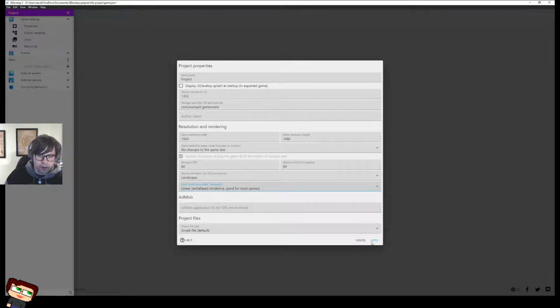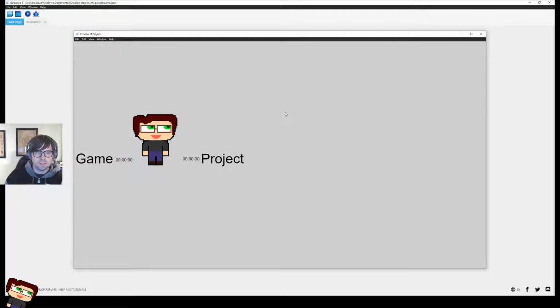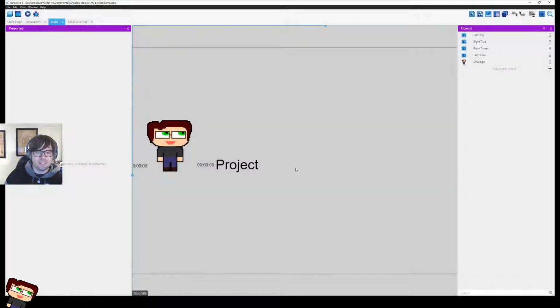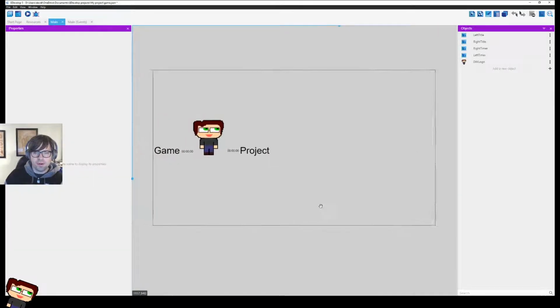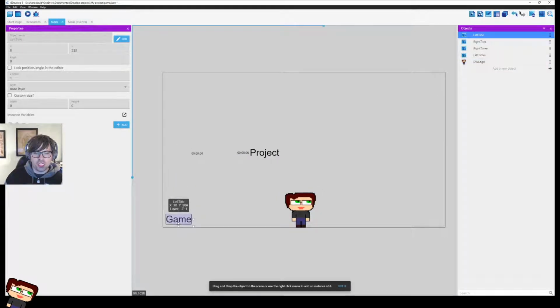Let's just do linear. I'm not sure. That's some rendering stuff, so that's fine. I don't want to do that in an exported game right now. Okay. So now, if I close this and push play, better. Well, kinda. If I go back to the start page or project and open up my main scene, yeah, fantastic. There is a better way to anchor this stuff, I know that much, but I'm not going to worry about it just yet.